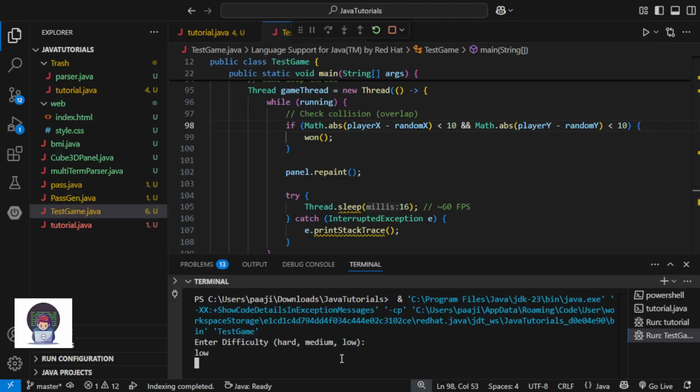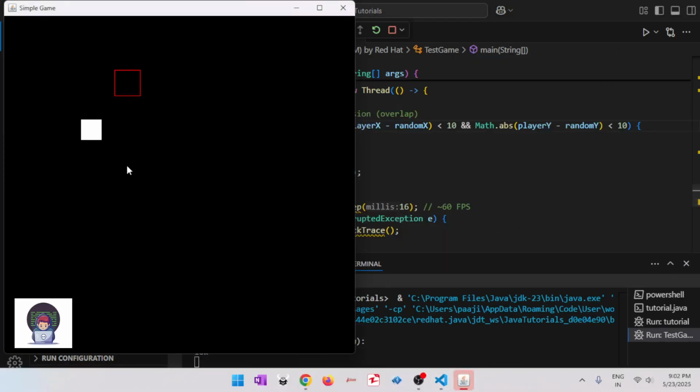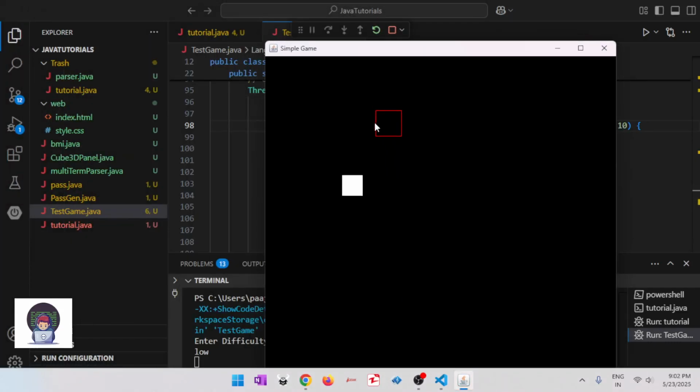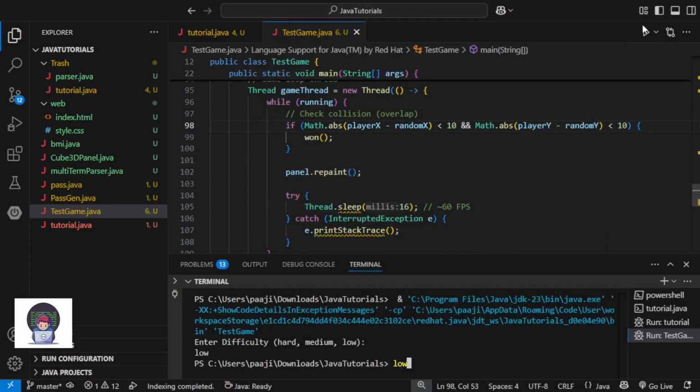I will set it to low, and it creates this. You can see in this game you have to go near this outline. I am pressing D, I am pressing S, I am pressing D, it goes right. I press W, it goes up, and you won. See, and it automatically turns off.